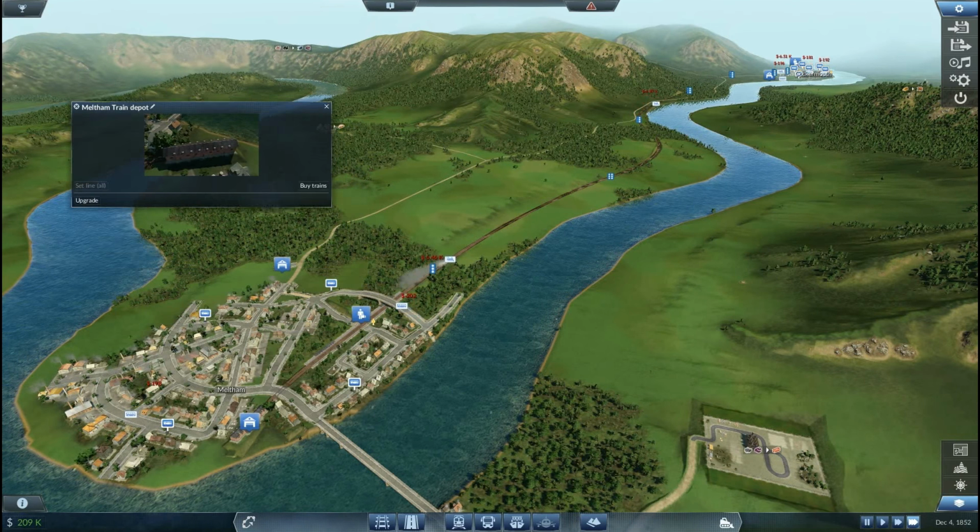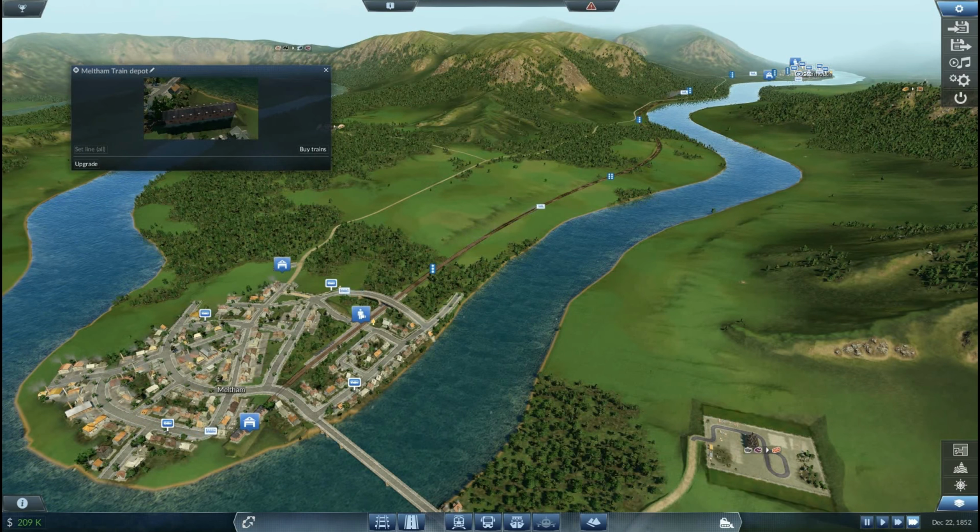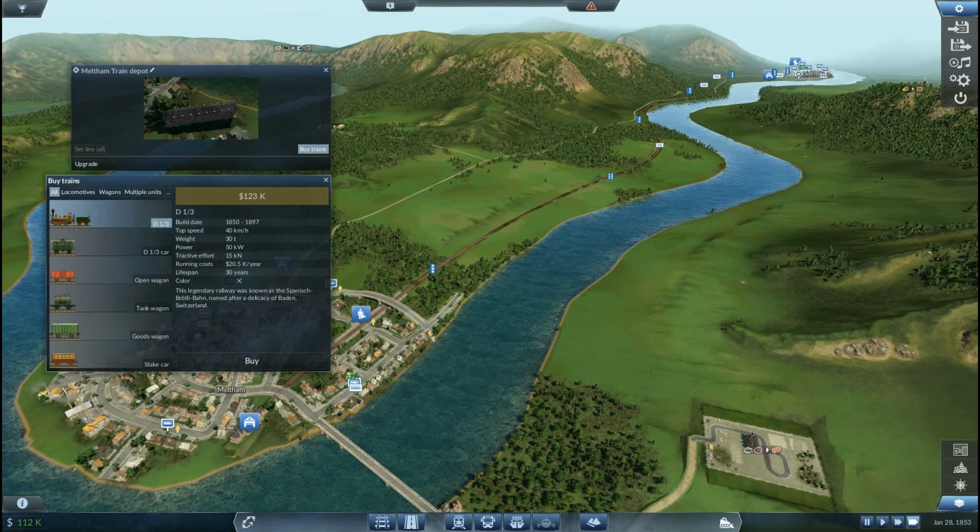But first things first, currently we are running 3 trains. And I am seeing that the passengers are increasing, so I would almost prefer to buy a 4th train, because that will also decrease our frequency and increase the amount of trains that we have going on. I'm pretty confident that this will pick up. As you can see, there are already enough passengers, so let's put another D1/3